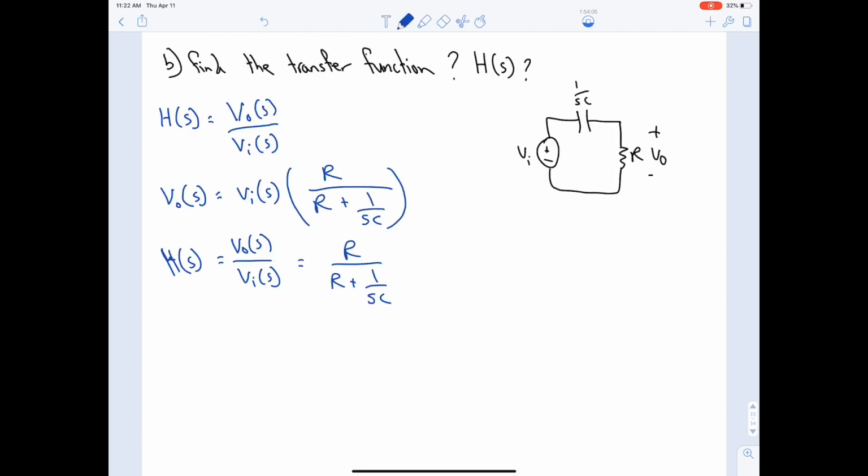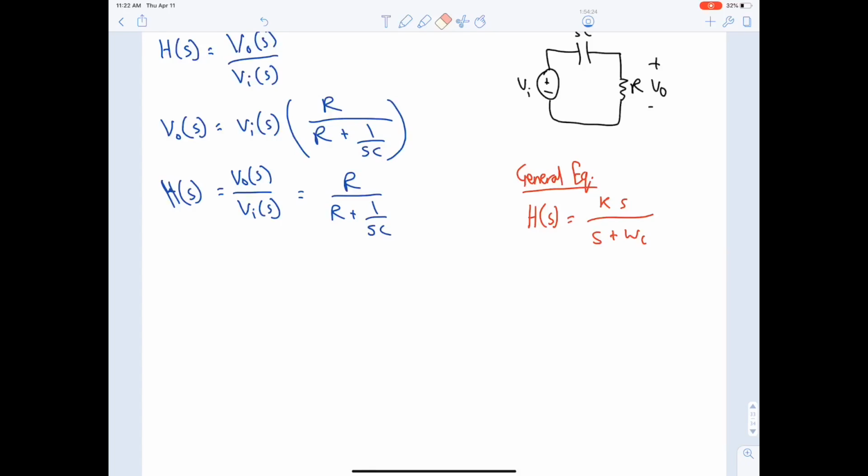We are not done yet. Why? Because we need to make it in the same form as the general equation. What is the general equation of a high pass filter? It's K S divided by S plus omega C. Okay, so let's focus on the S's. In the numerator, do we have an S? Yes, we do have an S, but here we do not have an S, so we need to multiply by S